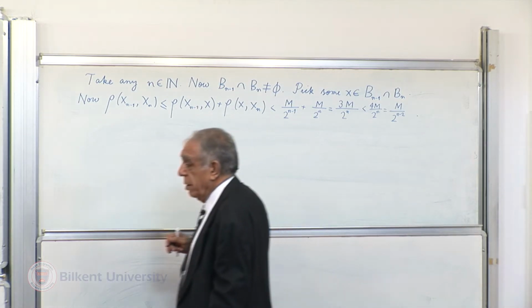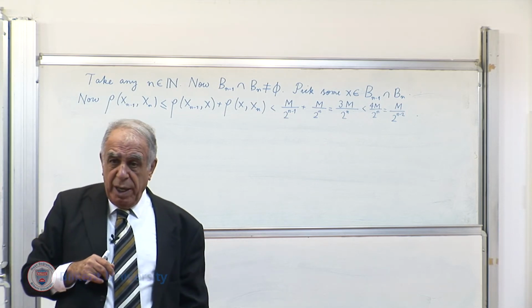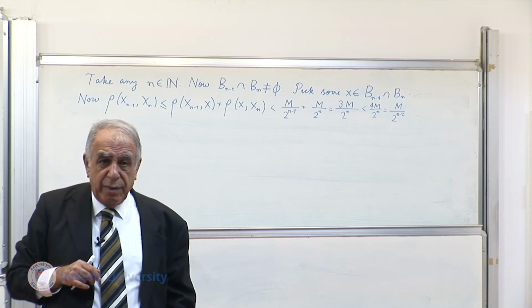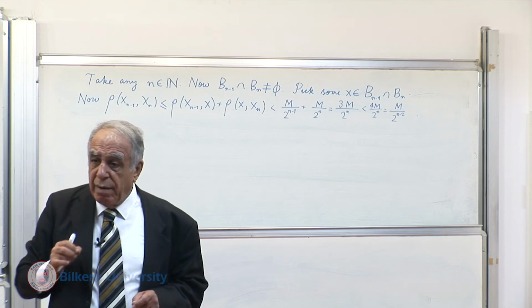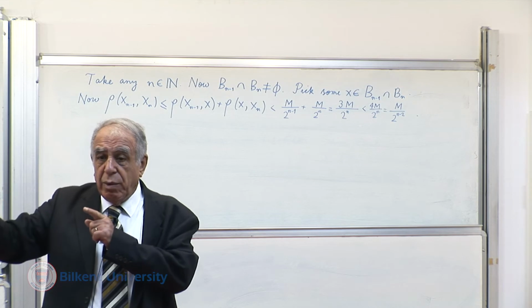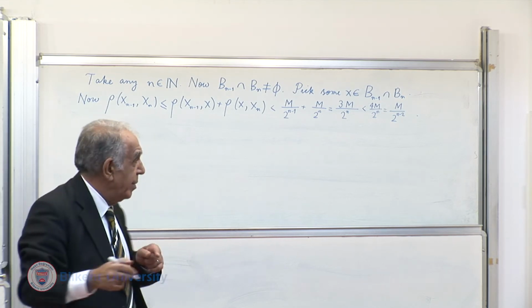But in order to show that the sequence in question is Cauchy, the distance between two consecutive terms is fine, but I need an estimation